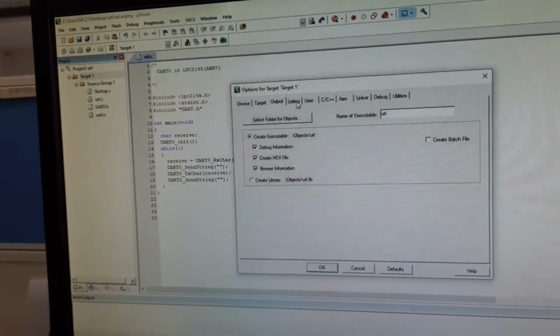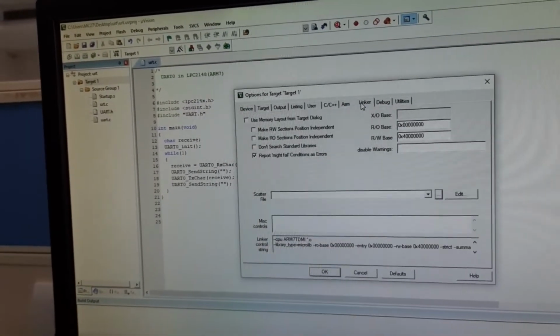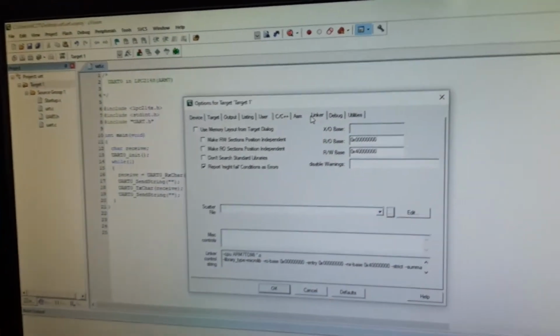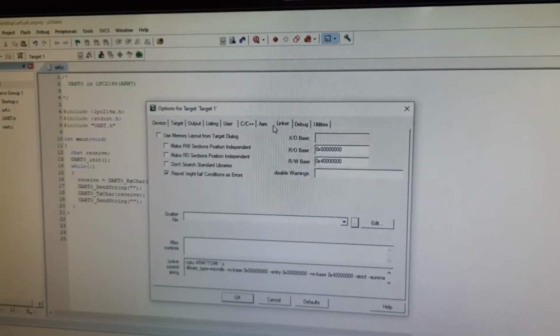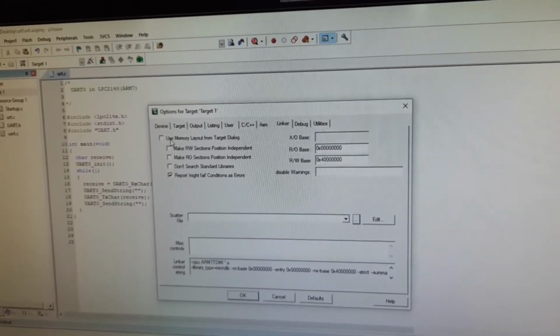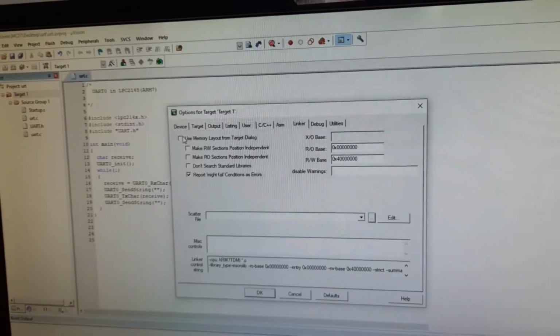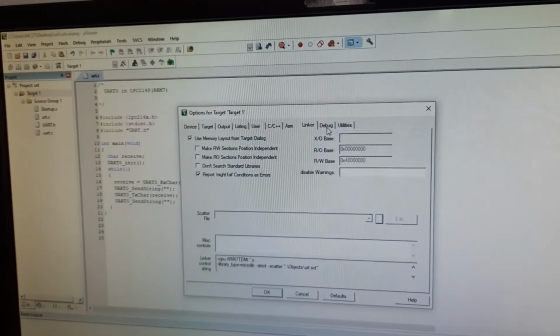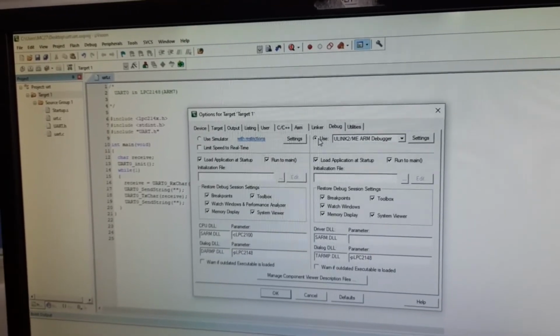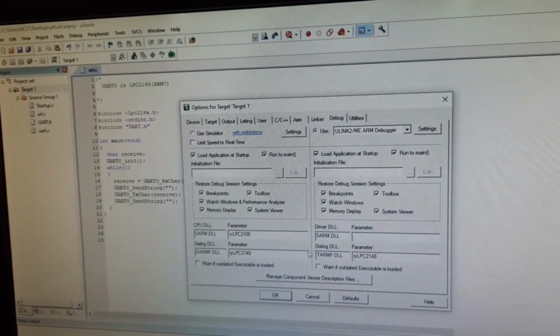Then go to linker. Linker is a tool which is used to convert your source file to a machine understandable file. Click on use memory layout from target dialog, then go to debug. Instead of use simulator, you have to click on this, then OK.